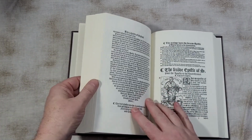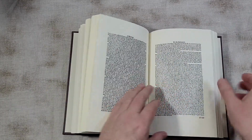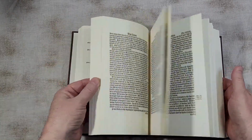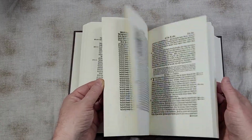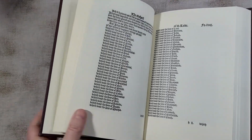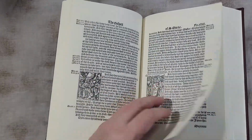And then one more thing to show. Over here in Luke, there's a prologue to the epistles. So there's some information before the types of books. So you will see some Tyndale notes in here. And then the epistle starts. Here in Luke is a list. So lists do look like lists. It doesn't have a poetic setting, but it does have a list setting. I like that. And also here at the beginning of Luke,